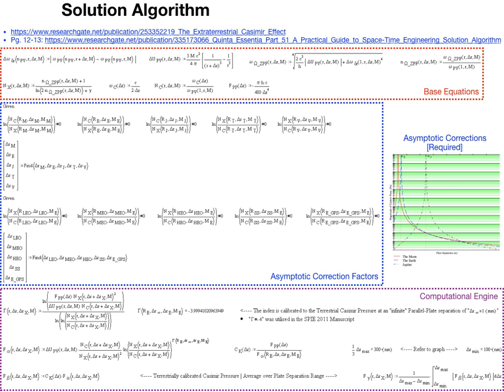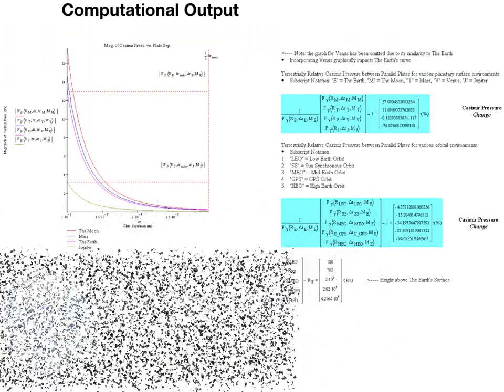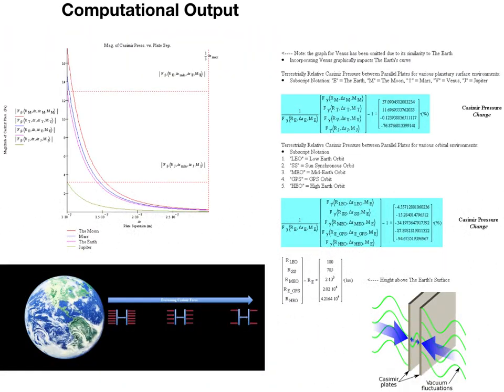Let's now review the computational output once again. The information contained in this frame was already tabled on slide 16. However, on this slide, we present the output as it appears in the MathCAD 8 professional computational environment. Thus, we will take this opportunity to stress that in this episode, we have emphasized the proportional change in Casimir force as a function of ambient gravitational environment, relative to the surface of the Earth. We have not accentuated its value as a force.